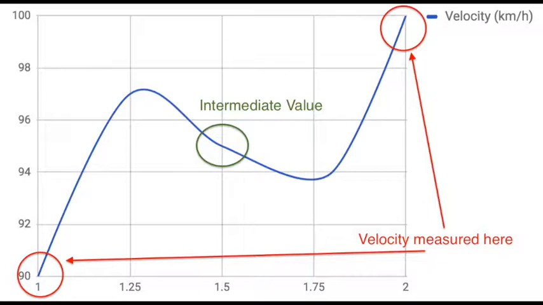So Bolzano's theorem ensures that at some point between the first and the second minute you were driving at 95 or 94 or 97, any value between 90 and 100. And this is very important. There is a caveat of this theorem, which is the function has to be continuous. That means that the function, between 90 kilometers per hour and 100, can take any possible value, actually have infinite